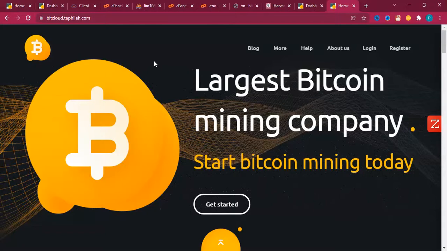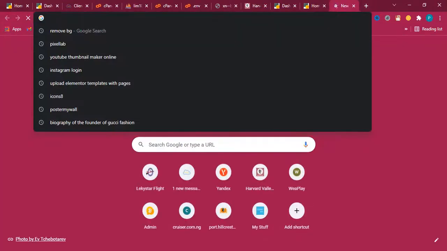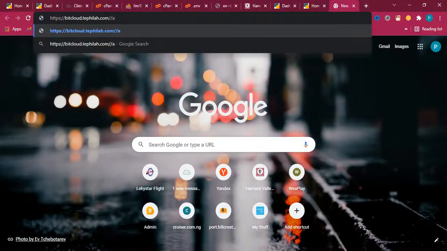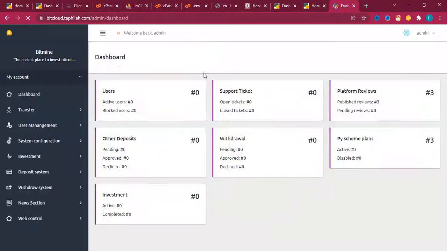So without much ado, for us to log into the back end, I just have to copy this. Then I open a new tab and paste it, then type slash admin to it, because I'm trying to log in as the admin. And immediately the admin dashboard opens. The reason is because I've already logged in on the same platform. So that's the reason you possibly did not get to see how the admin looks, but I could show you how to go about that.